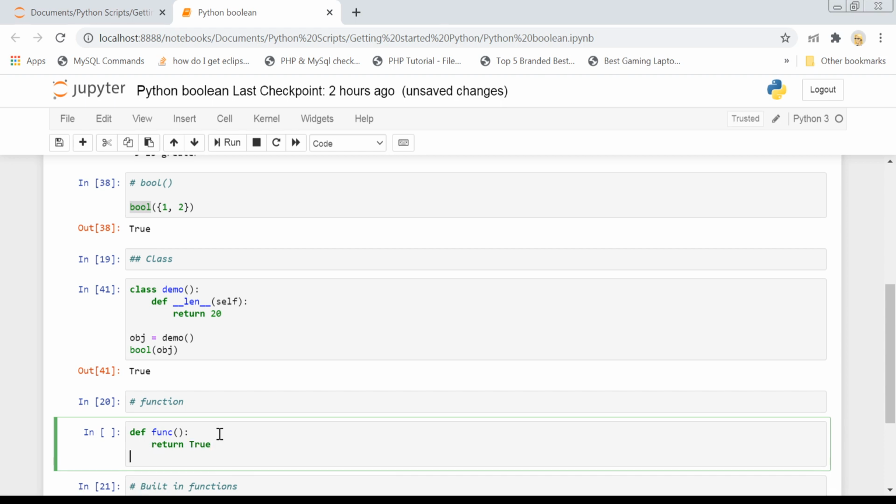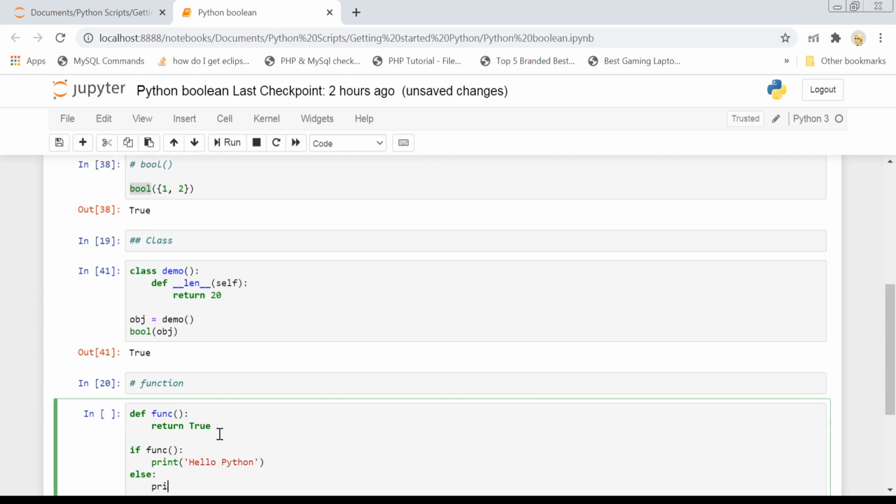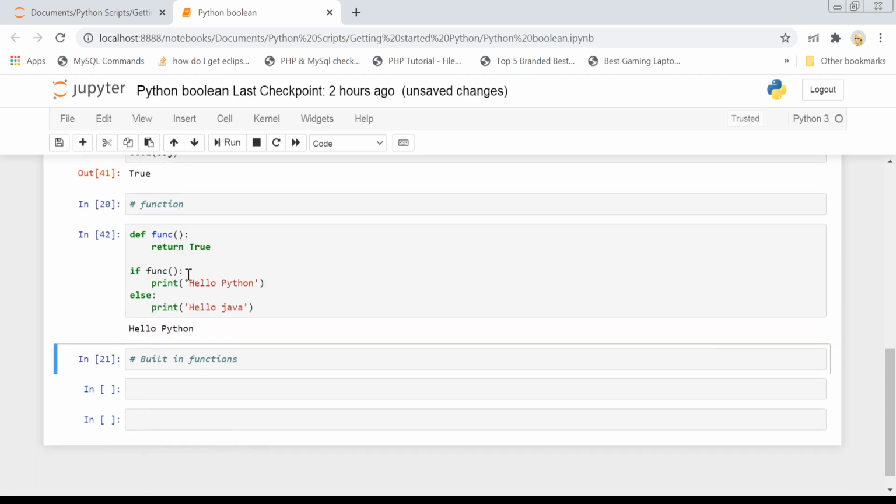Now if I use some if condition like if func, and if the function is true, then print hello Python, and if the function is false, then print hello Java. You can see that my function is returning true, so that's why it printed hello Python.